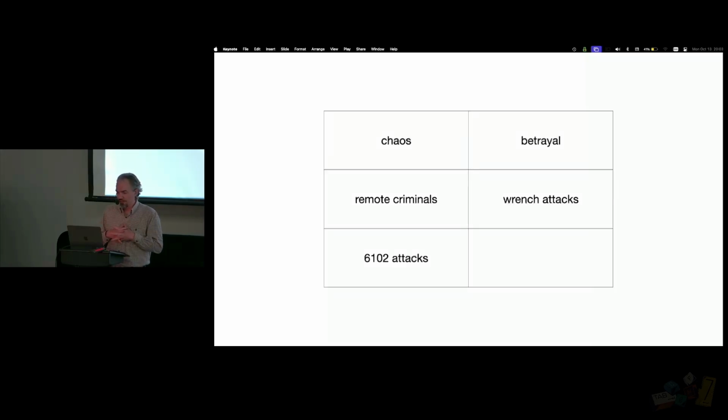So the 5 key problems, you've heard about some of these. I just mentioned everything except betrayal and chaos. Betrayal is the reason you want self-custody. That is your Mt. Gox attack. Chaos is you picked a 25th seed word and you forgot it, or you buried something and it didn't go well, or your house burned down, or something like that.